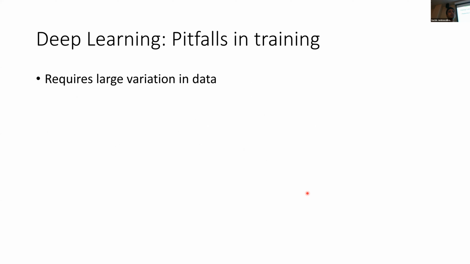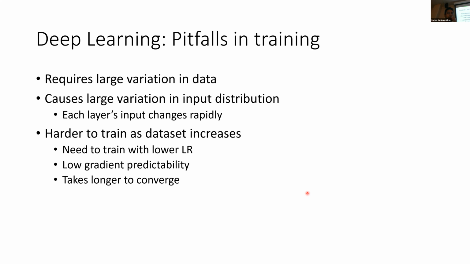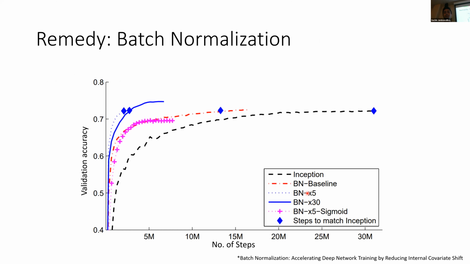So in deep learning, we generally require a large variation in data for training, and this large variation causes a lot of change in the input distribution, not only the first layer's input distribution, but also intermediate layers' distribution changes rapidly. This makes the underlying problem harder to solve. It needs a lower learning rate and gradient predictability decreases, as well as the network takes a slightly longer time to converge. So to tackle these issues, building on concepts from the 90s, batch norm was introduced,